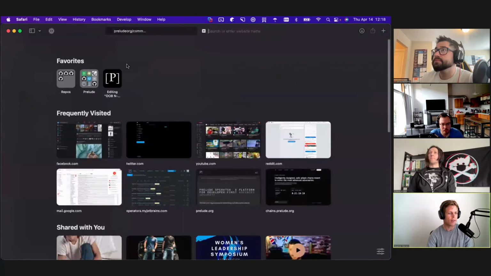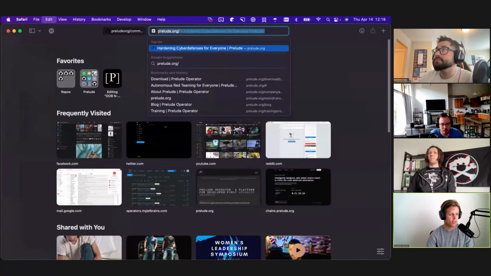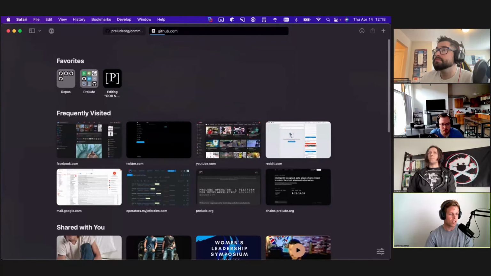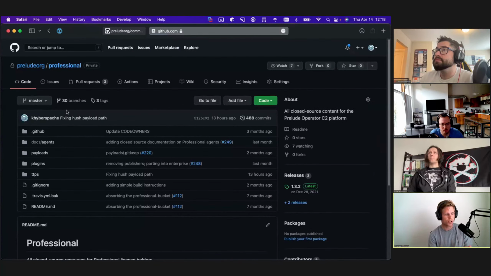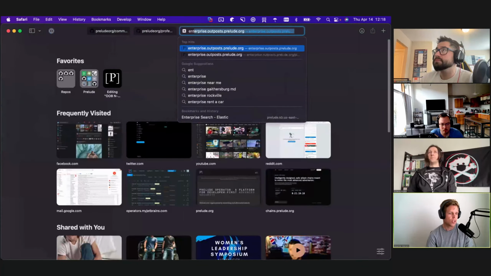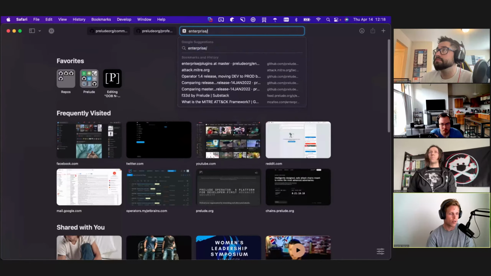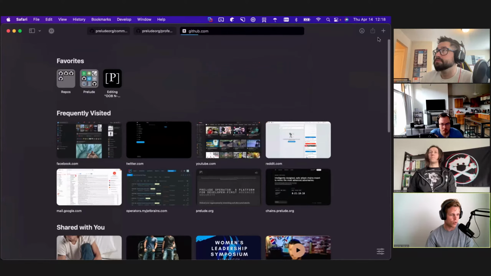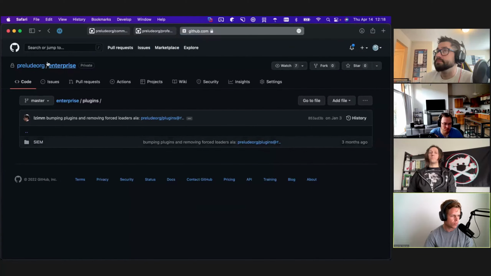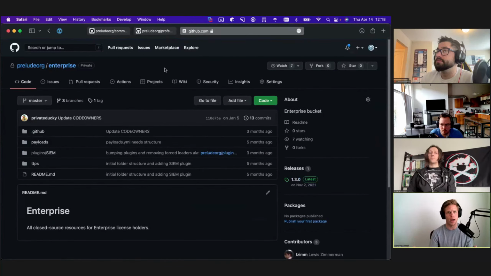If we want to go look at what's available in the professional license, what you'll note is it's the exact same structure. This repository is functionally identical to what exists in the community. And this is the content that you would get with a professional license. So it's the same kind of thing for the enterprise tier. If you were an enterprise tier user, you would get access to the enterprise repository when you add an enterprise